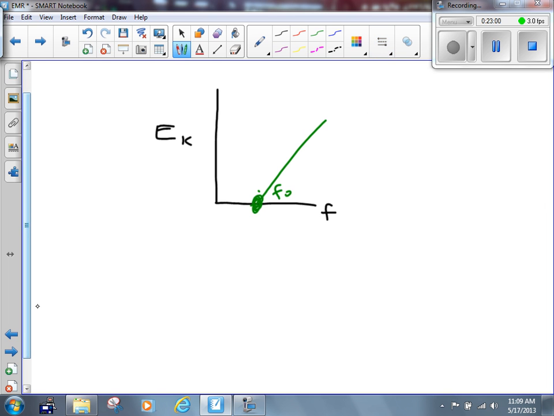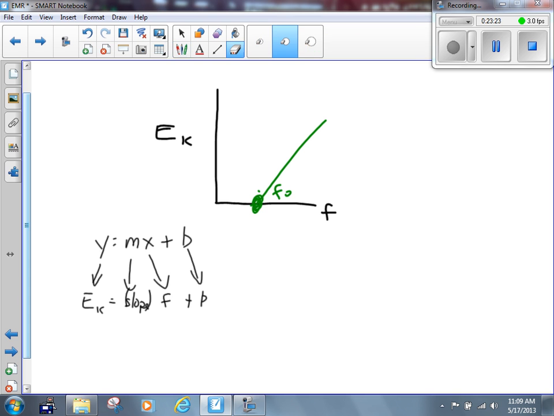The equation from this graph, as with any straight line graph, is y equals mx plus b. The y-axis on this graph is EK. M is the slope. Let's replace the letter m with the word slope. The x-axis is the frequency, and then the y-intercept. Can we get rid of the y-intercept here, by the way? Some of the activities that we've done so far, we've been able to scratch it off. Some we haven't. Can we scratch it off here?